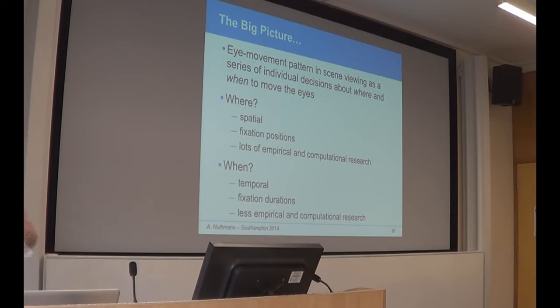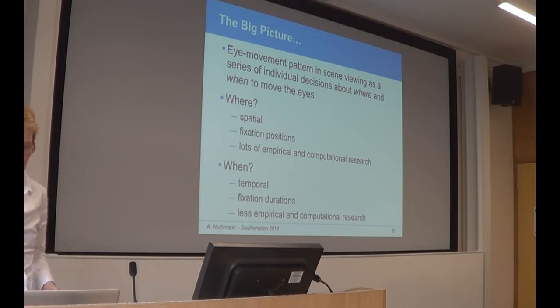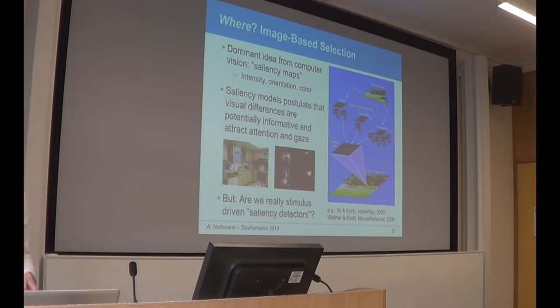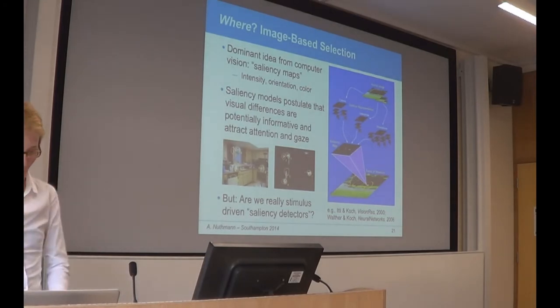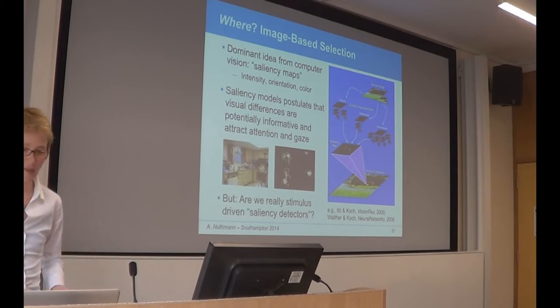So that's how I like to think about it. As for the where to go next, the fixation positions, there's a lot of empirical and computational research, also from computer vision science, and in comparison, less work has been done on the when decision, the temporal aspect, covering fixation durations. So I'm going to gloss over some research on the where fairly quickly, so it's really just a pointer. So again, the question is where and how is visual attention allocated in scenes, and the dominant idea here